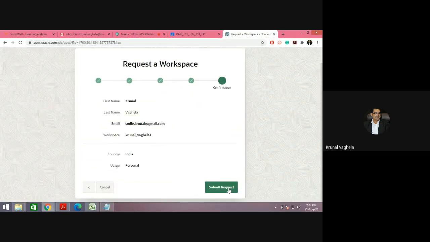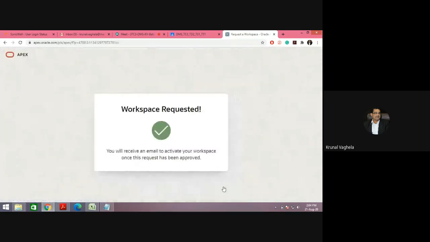You take a screenshot of this before you proceed. It contains your details: first name, last name, email ID, workspace name, country. Submit request. The request will be submitted and you will get an email on your email ID, so you need to check this.